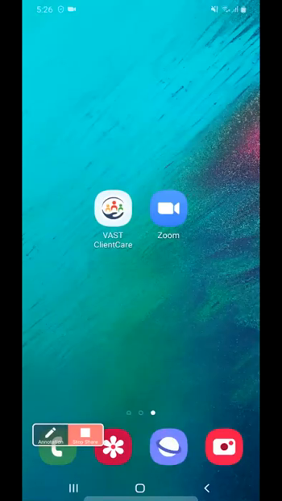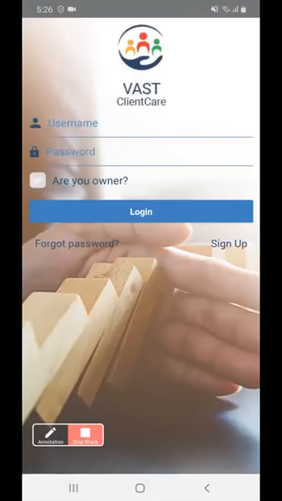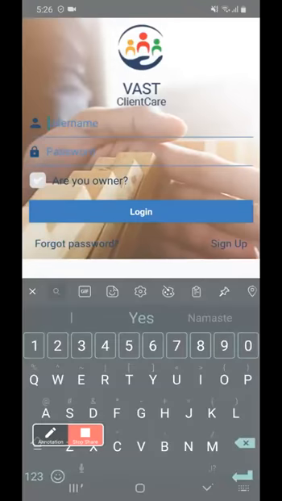Now let us discover owner's login for the VAST client grid system. We are logging in as owner of the Songbirds project.